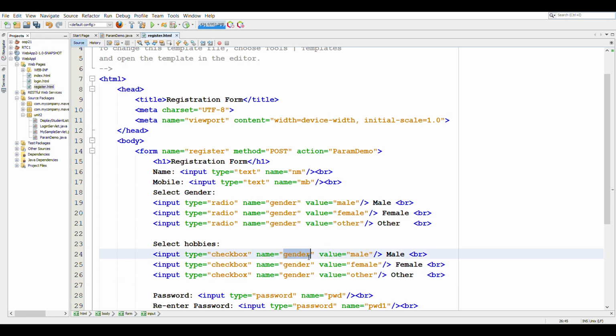So let's call this hobby, and in the value, let's say reading, singing, dancing. So these are the values that we will be able to see in front of the checkbox.